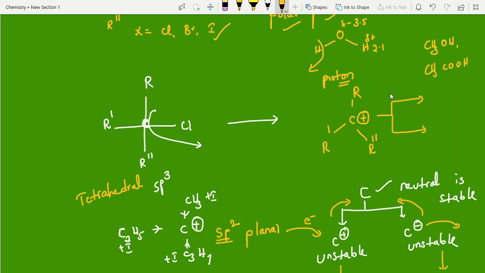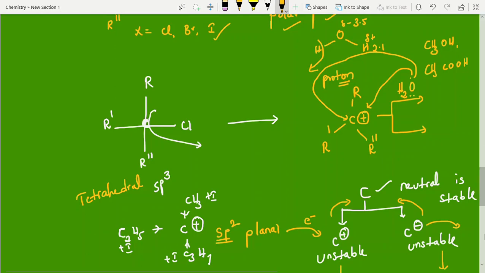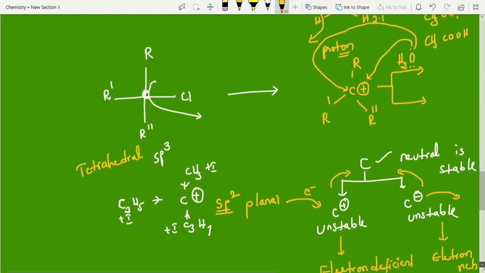What is the nucleophile here? Water. Water is a weak nucleophile, in polar protic solvent. It will go and attack here. Front attack, at the same time back attack also. Both attacks take place on the carbon with positive charge. Then what is the output? So I am writing down here, otherwise it will be clumsy.